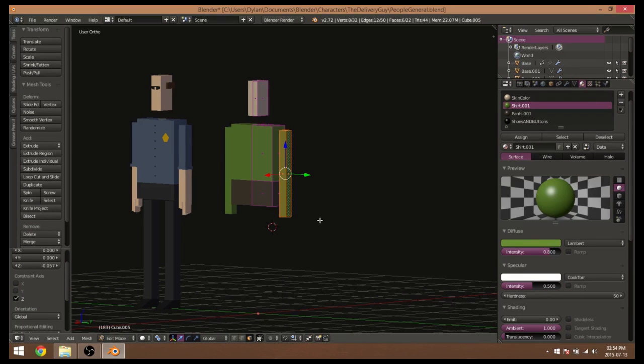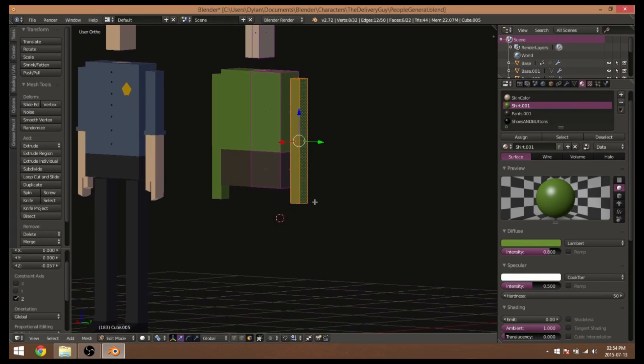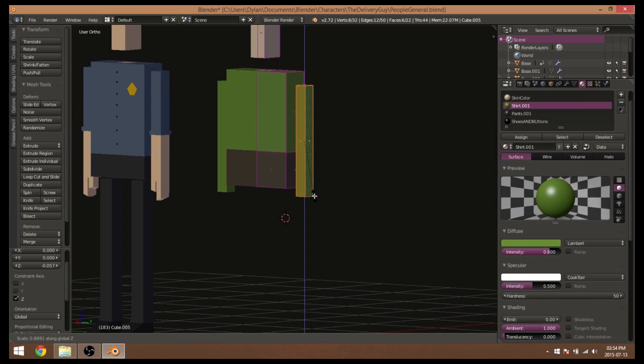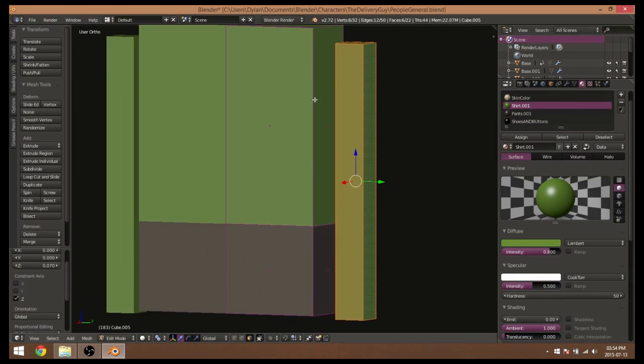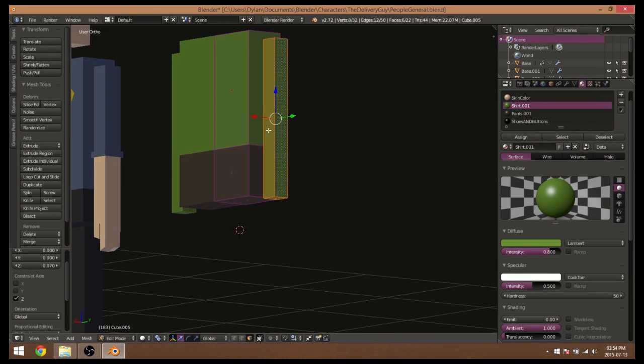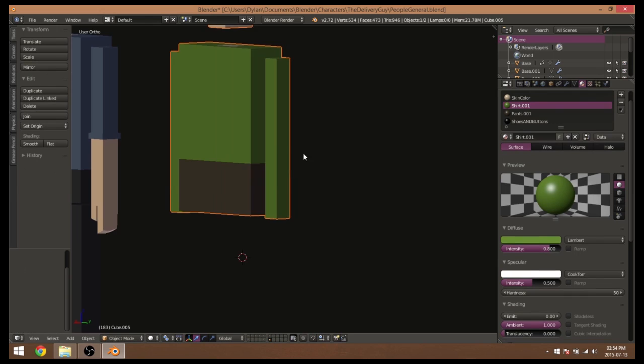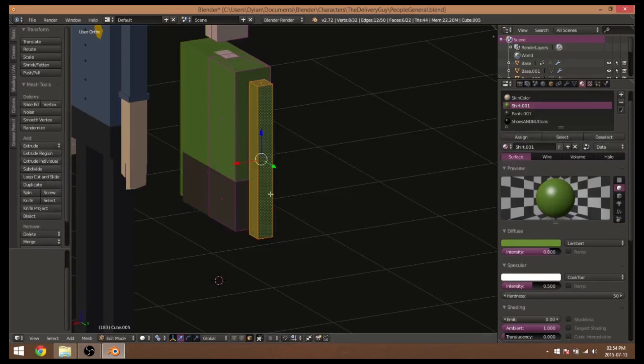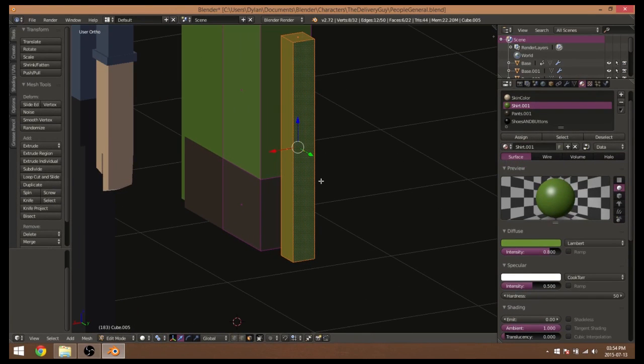So yeah, that should do. Maybe a little bit less because we're going to extrude the hands separately. And then you'll notice that the shoulders don't exactly line up perfectly, and that's part of the style as well. Okay. Then the next thing you're going to want to do is hit Control R and cut exactly in